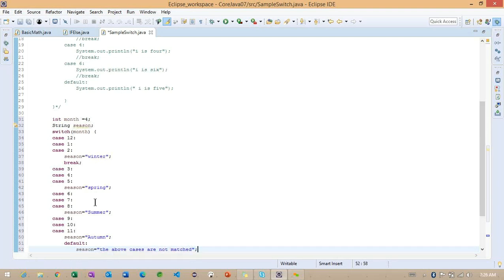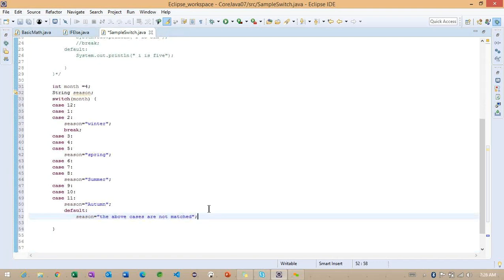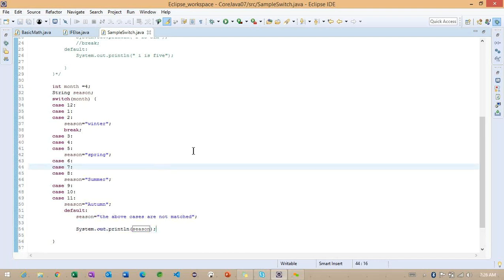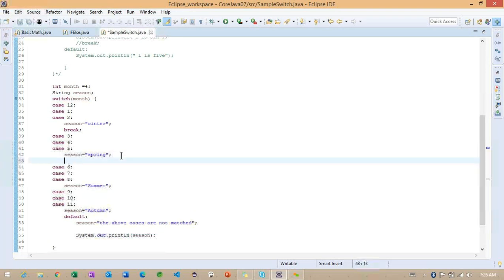So this is what we are going to define. And after that, you can check with the value here, season. Getting the point? So this is the way we can work with this particular season. Now, I forgot to add a breakpoint here.